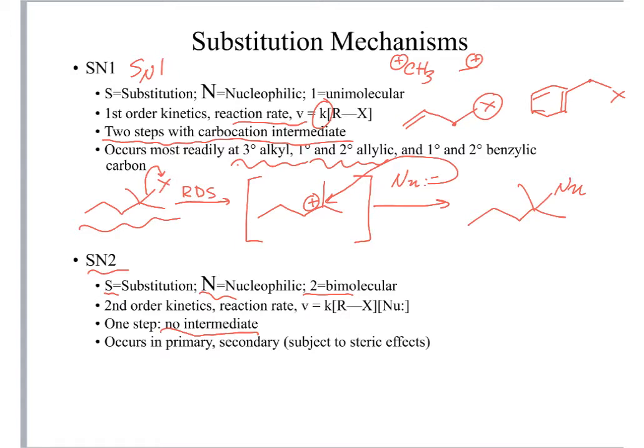And the rate law for the second-order kinetics will be proportionality constant times the concentration of both alkyl halide and the nucleophile. This reaction is subject to steric effects, and therefore it occurs most readily at primary and some secondary alkyl halides. So these reactions are favored for methyl halides